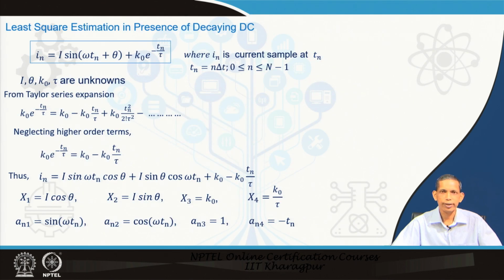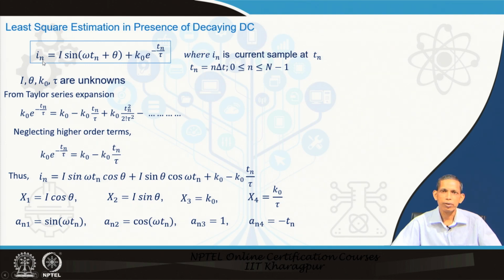Now, what we say here is that in the above discussion, the one cycle DFT will be influenced by the decaying DC part, which can be removed by such a digital mimic filter or analog mimic filter before processing for the phasor estimation technique. Now, we will consider how the corresponding decaying DC can be incorporated in the least square estimation modeling perspective, and how it can successfully eliminate the decaying DC part.